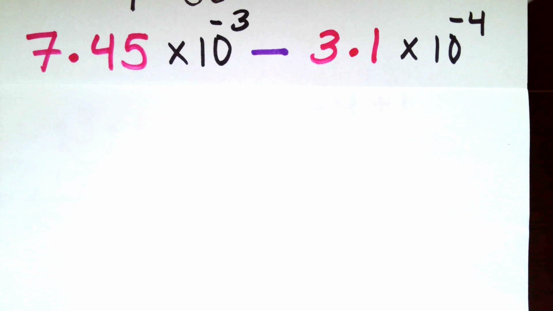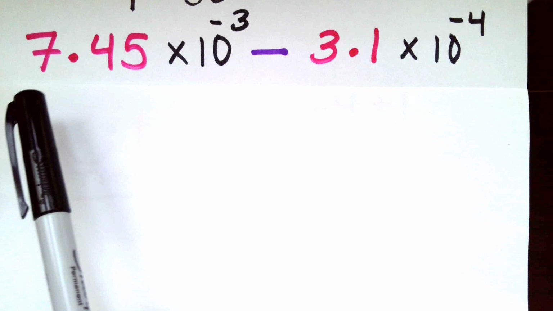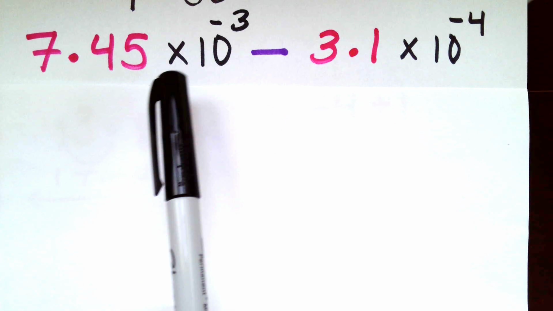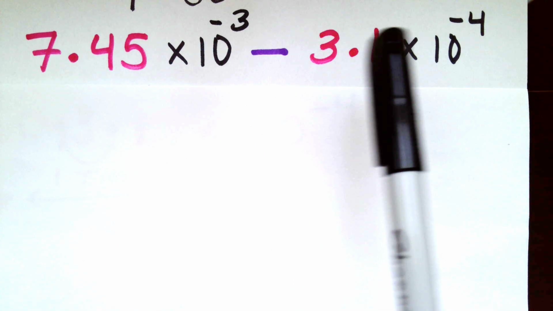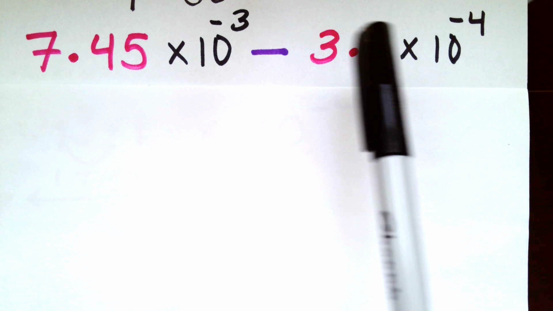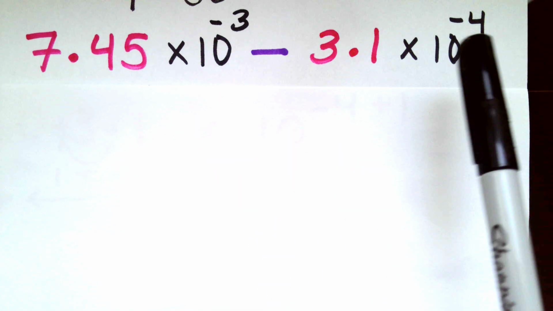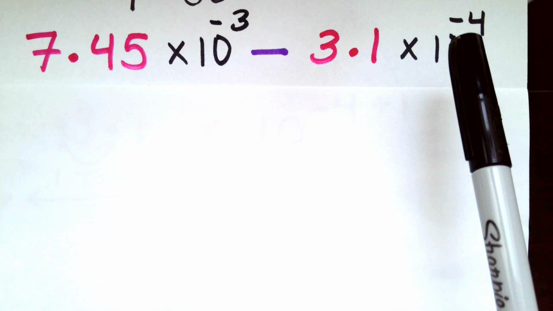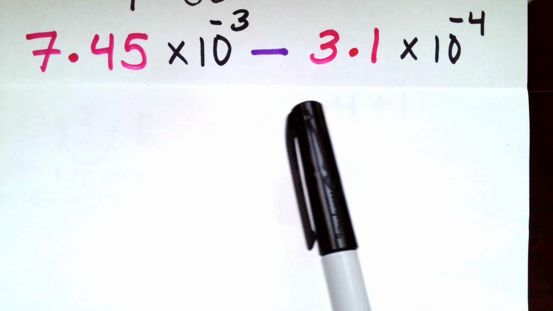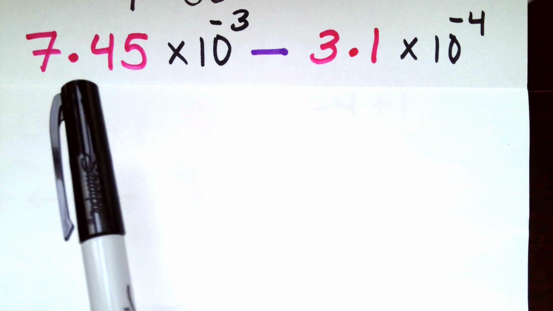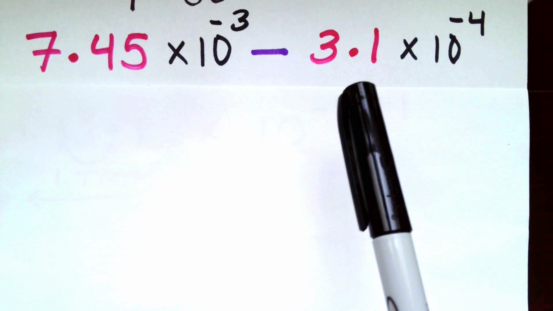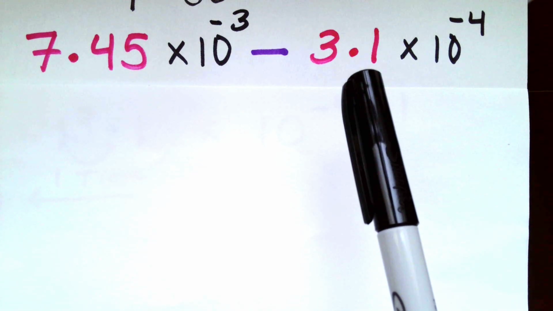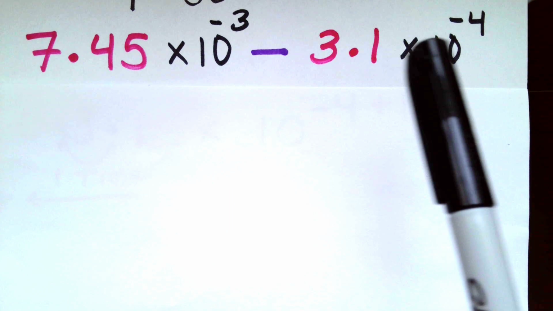All right, now we're looking at example number 4 in this part 14 video, pause and practice. So we have coefficient 7.45 times 10 to the negative 3 minus 3.1 coefficient times 10 to the negative 4. Now, the base of 10 is the same. Our exponents are different. We've got a negative 3 and a negative 4. So the first thing you want to think of is which term, 7.45 coefficient or 3.1 coefficient, would be easier to manipulate in order to gain the same